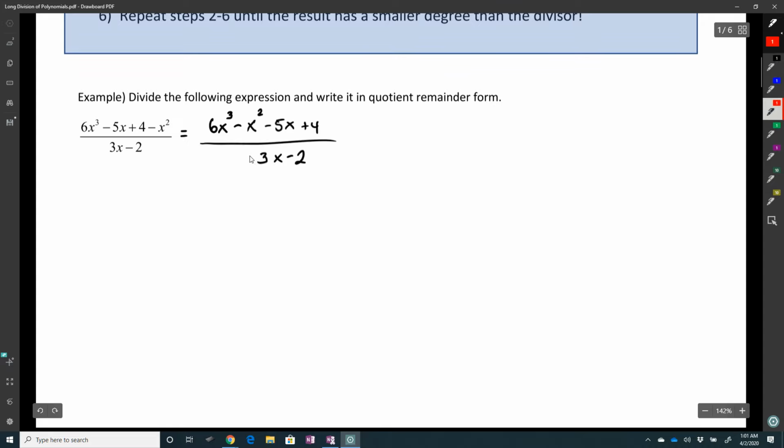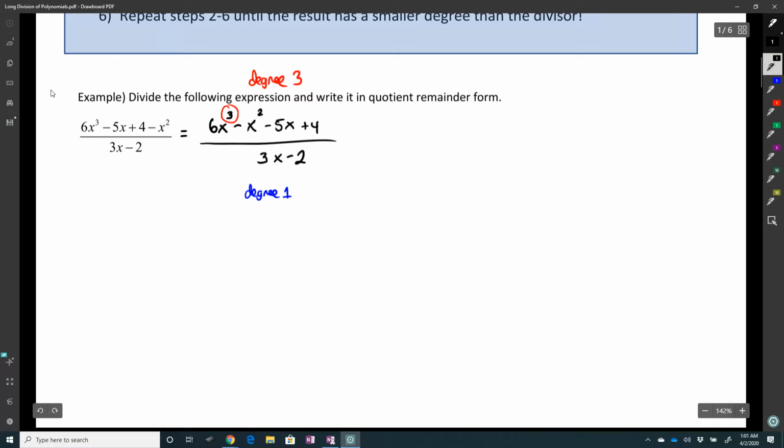Notice that we have a degree 3 on top, and we have a degree 1 on the bottom. Since the top is a higher degree, I can perform long division and figure out what my quotient and my remainder are. So just like before,